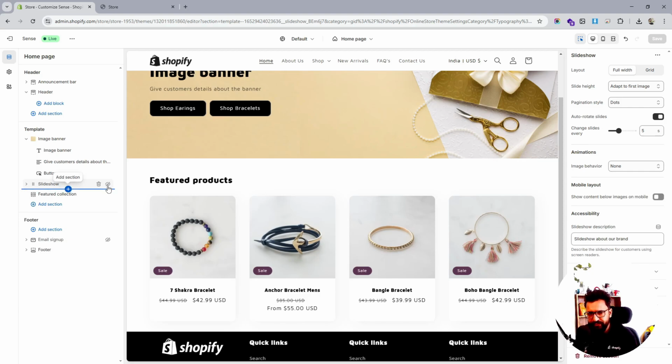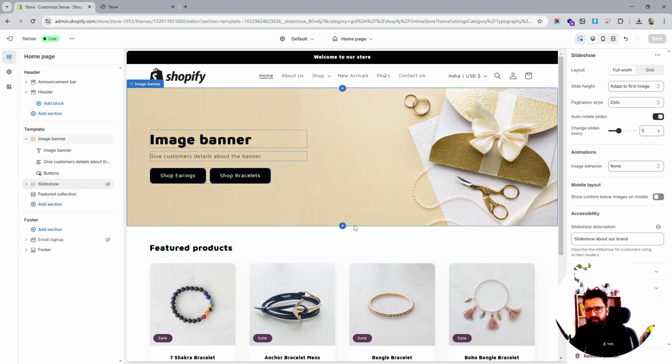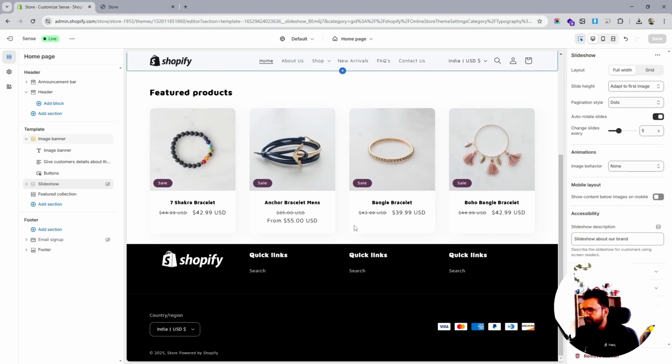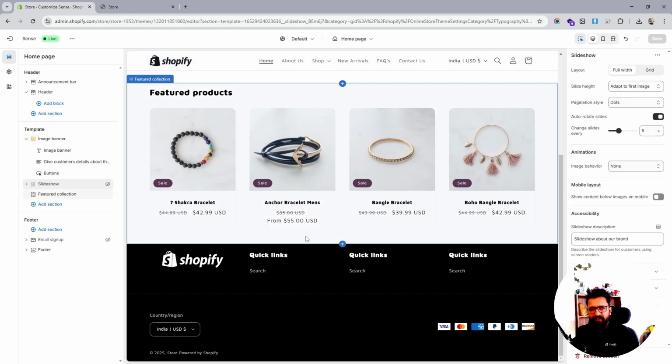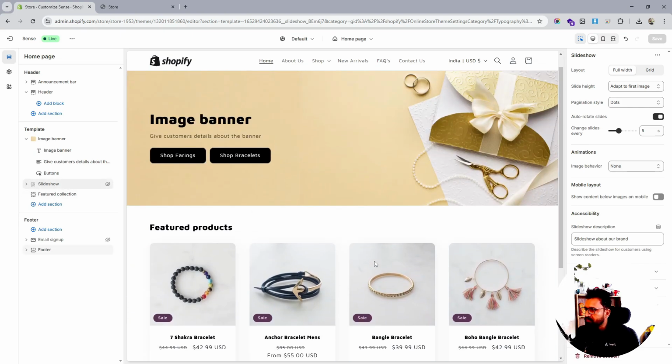That's very easy, and you can still keep it in your backend, but you can simply hide it if you don't want to show it to the customers in the front end. It would never affect the speed of the website because that would not actually show in the front end, so the speed of the website would not be compromised. So yeah,